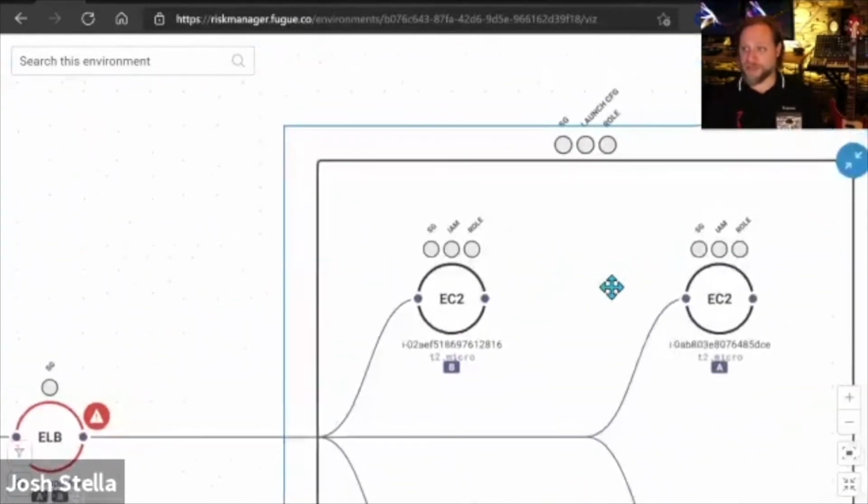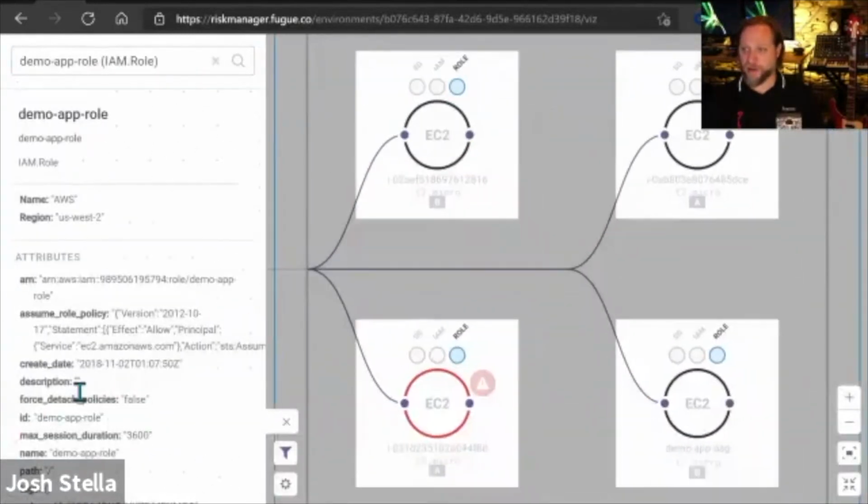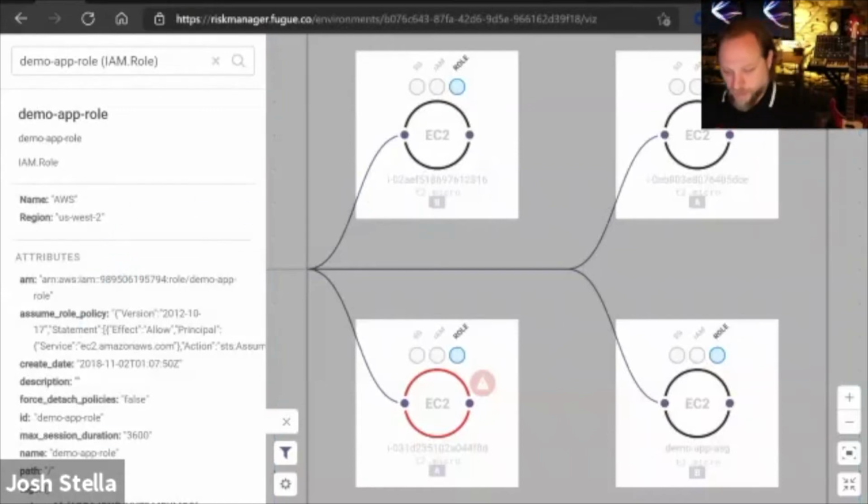So if on this EC2 instance I'm using this particular IAM role, and you can see it's on all 4 of these, if it is overly permissive to doing things like copy snapshot, I probably want to get an alert to that effect, right? Get some kind of warning to that before I end up in the news. Okay.